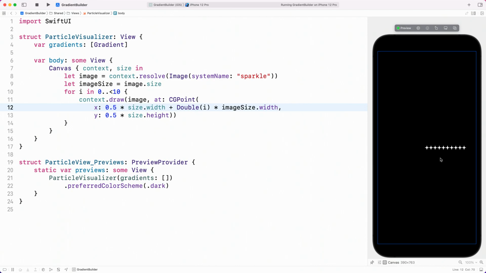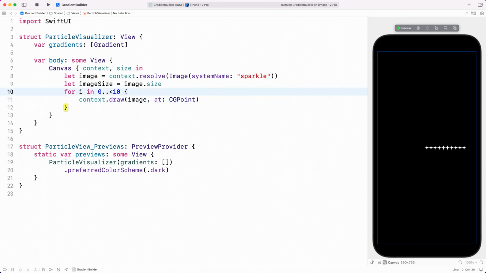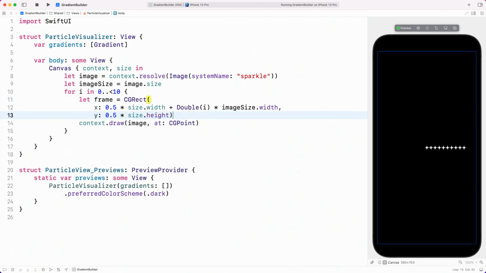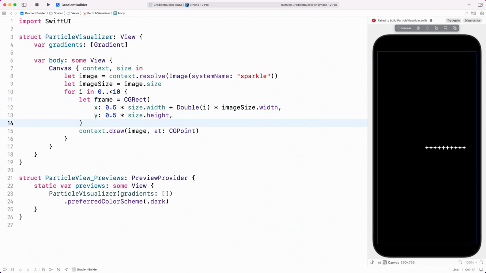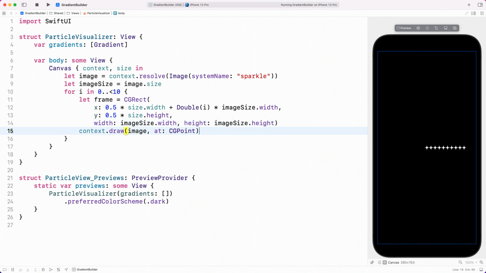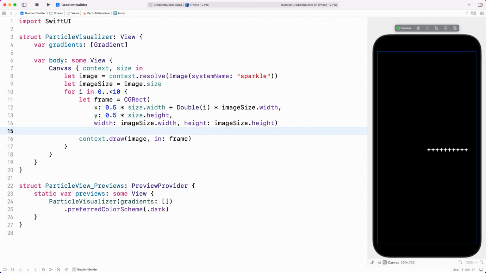Next, let's add ellipses behind our sparkles. I'm going to draw them in the same region, so let's pull out a frame to draw them both in. I'll create a CG rect with the same x and y values and use our image size for the width and height. Then draw our image in that frame. Because each drawing operation is done in order, to put our ellipse behind the image, we need to draw it first. And we can draw it with context.fill,